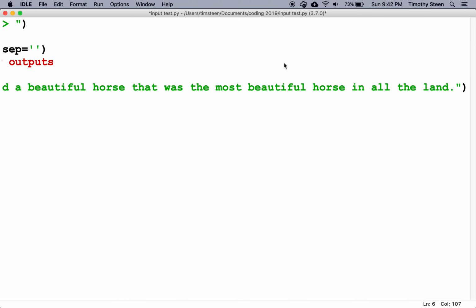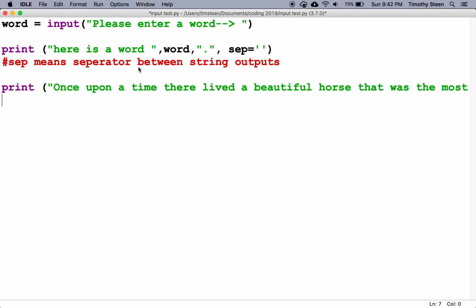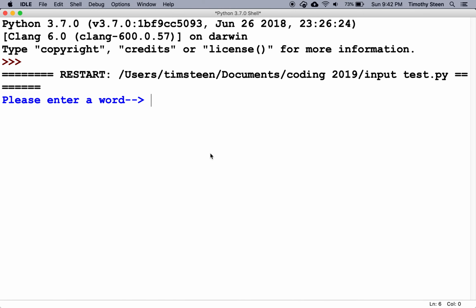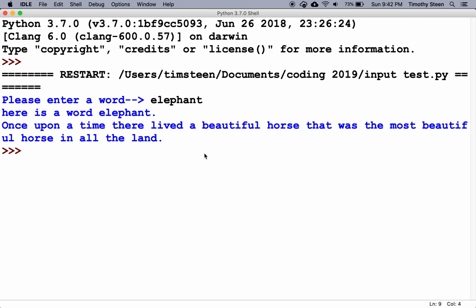Okay, so I have this big long sentence, and when I go to run it, oh, this is gonna get me into trouble, I bet you. All right. Once upon a time, there lived a beautiful horse that was the most beautiful horse in all the